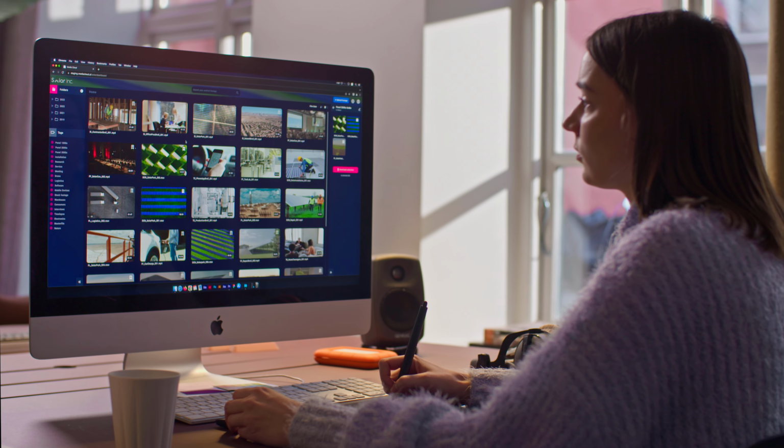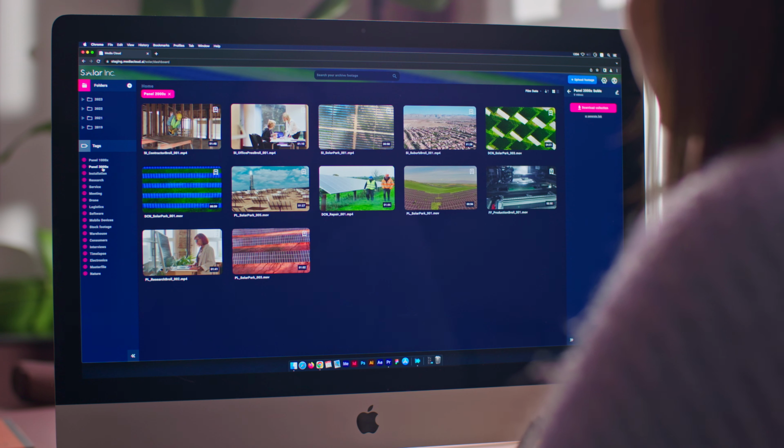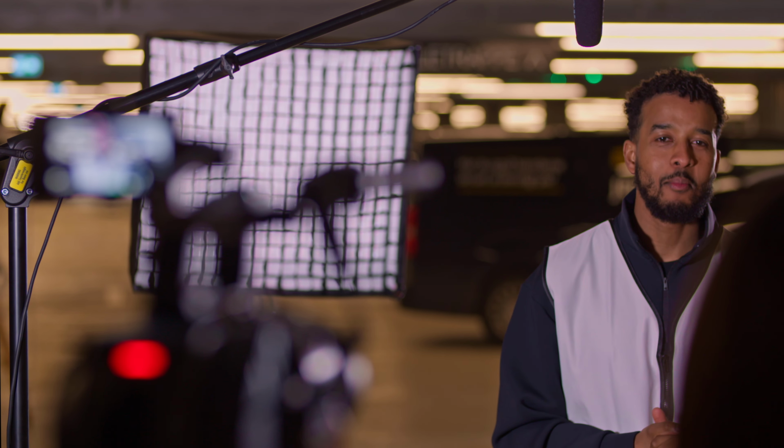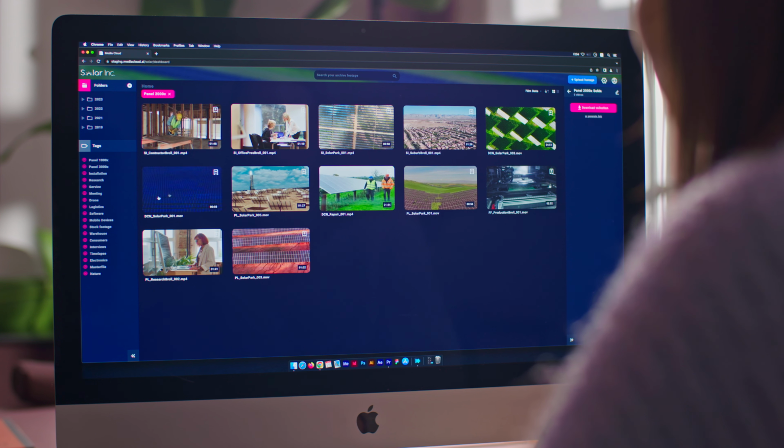MediaCloud.ai serves two main purposes for companies and their marketing teams. First up, it's their central cloud-based archive for source footage. So in other words, a smart way to systematically store and organize footage from multiple crews and multiple shoots, all in one searchable location. Think of it as a media asset management system, but purposely built for large, high-res photos and video files.